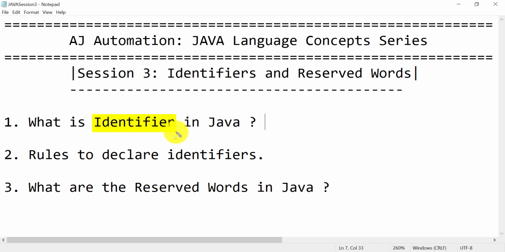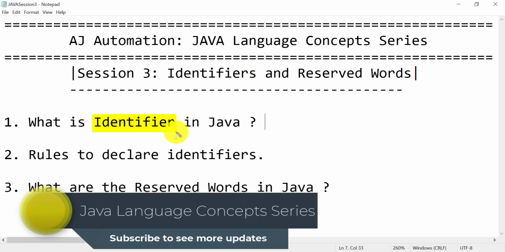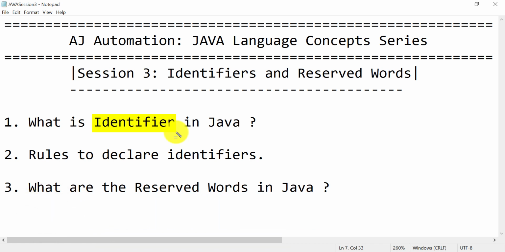So identifier means, in the real world, we identify people with their name. Suppose in a class there are hundreds of students available. If I want to call a single student, I will call their name, right? I will call Ravi or Ramesh or whatever name was given by the parents. So I can easily identify someone by using their name. This name is nothing but an identifier, so that you can easily identify that thing. In Java language also, we give meaningful names to the classes, objects, variables and methods that we create, so that we can easily identify them and use them easily in programming.